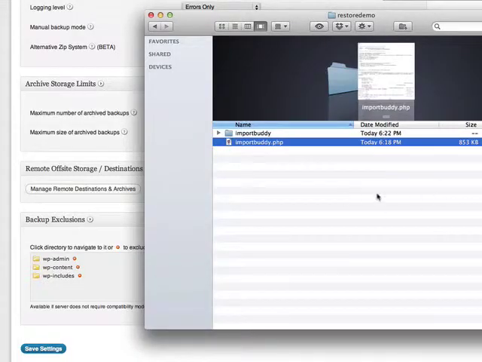So I've got a folder here on my web server. This is where the new site is going to be installed. And I've moved the Import Buddy script over to that site. If you were restoring on a web server, you would probably use your FTP program to upload this. Now to make this as realistic as possible,